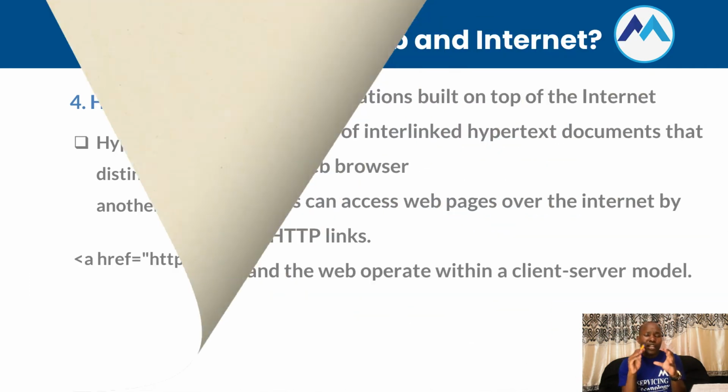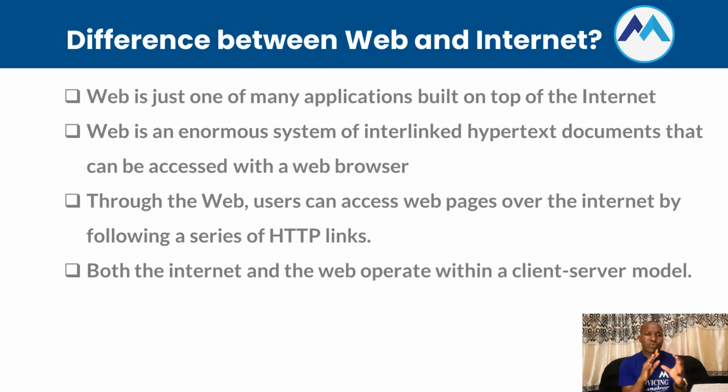Guys, we have looked and understood now what is the World Wide Web. I want us to get the difference between the www or the web and the internet. Though the World Wide Web is a big part of the internet, it's not the entire internet. The World Wide Web is just one of the many applications built on top of the internet, a vast global network of multiple smaller networks, where the internet is the entire data communication system that connects the world, including hardware